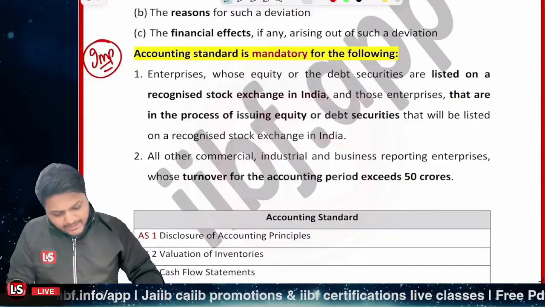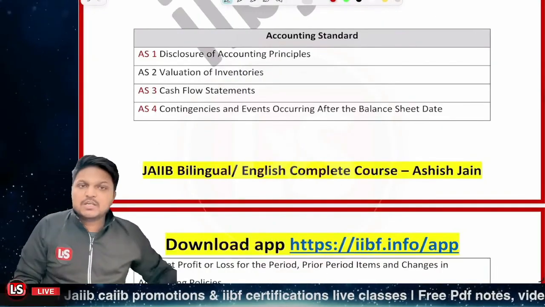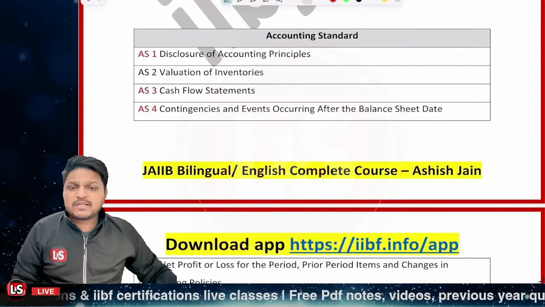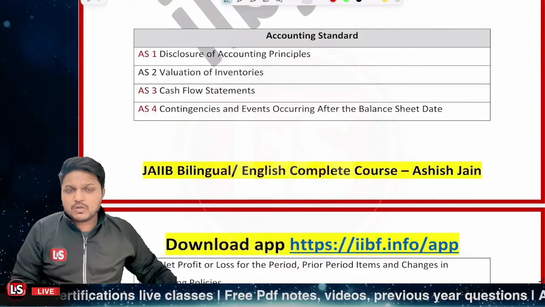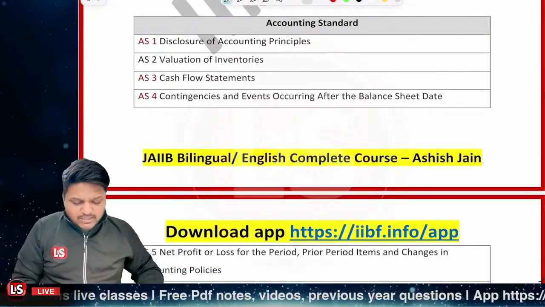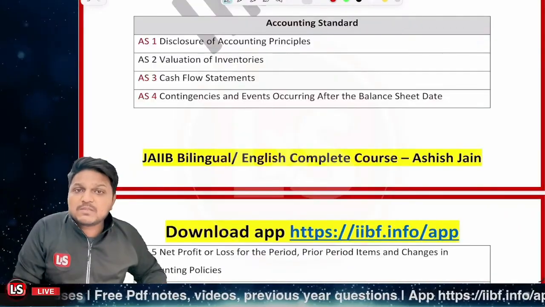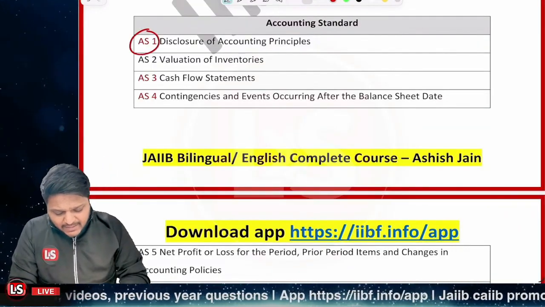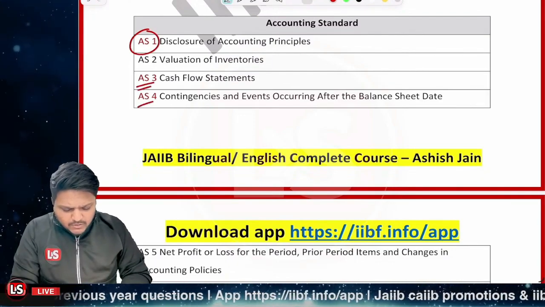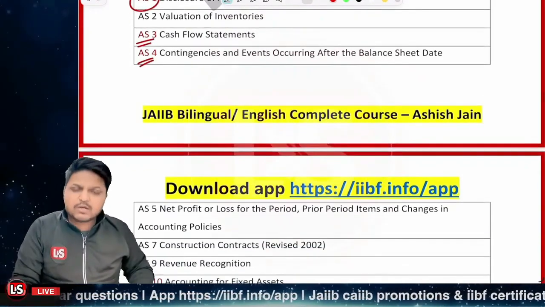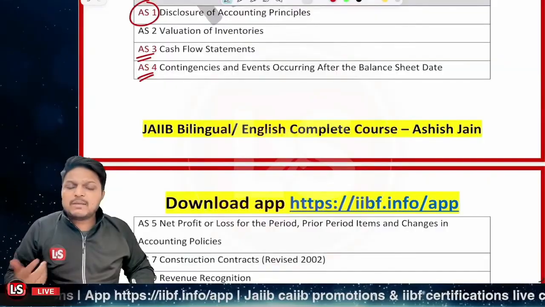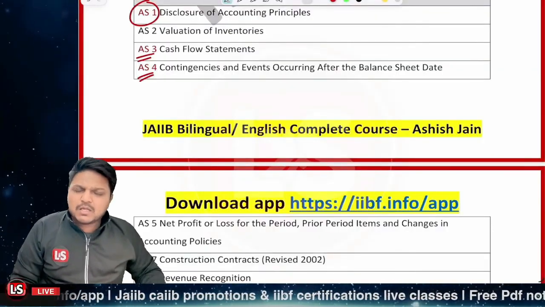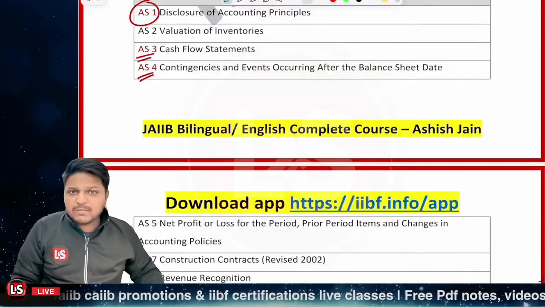Now, let's move further. It's about the accounting standards. Here we have a list of the accounting standards. Although there are a lot of accounting standards, I'm just going to tell you a few out of it. One is related to the disclosure of accounting policies, valuation of inventories. Whatever I have highlighted in red ink is important to learn because those can be asked in the exam, that this accounting standard is related to what. If you're unable to cram, just leave this part. If you're unable to memorize these things, just leave this particular part. You can have an idea.